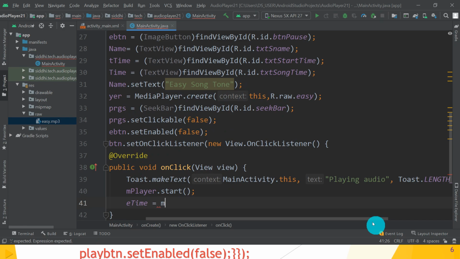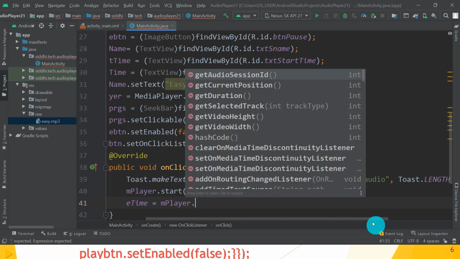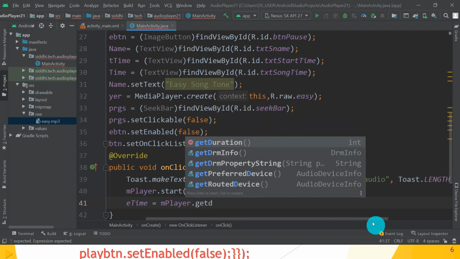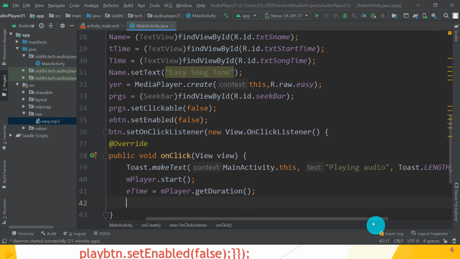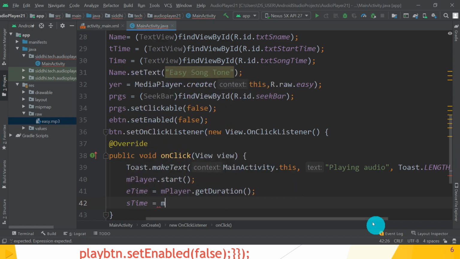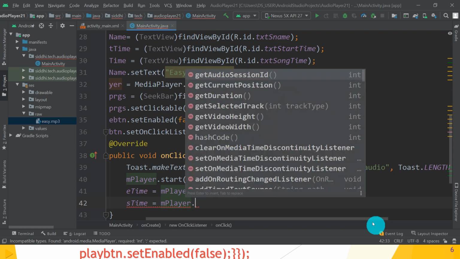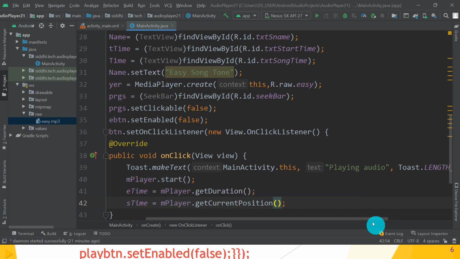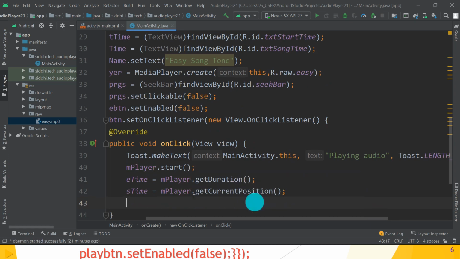So mPlayer dot, which method is there? getDuration. So the getDuration method gets the total duration of that song and saves it into eTime. Then sTime, mPlayer.getCurrentPosition. So get the current position of that song and save it into sTime, that is the start time. Guys, hope you understand this part.